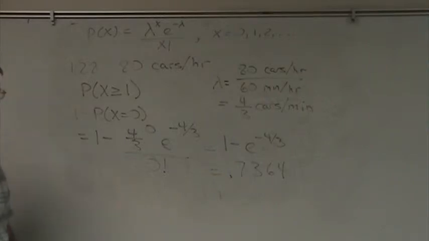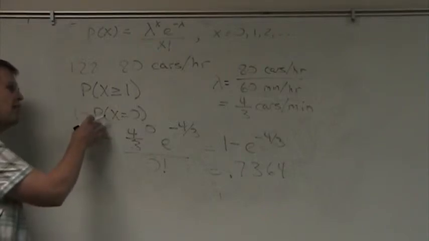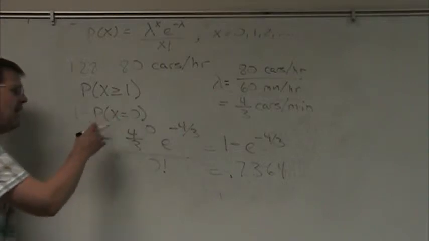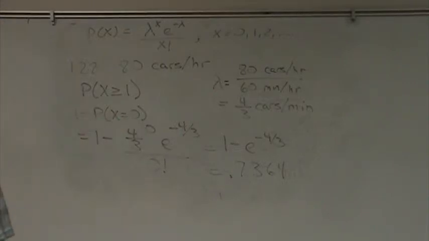You could use the Poisson PDF function to go ahead and get this. Again, for those of you with the 83s and 84s, it's still lambda and x. It's just the equal to case. For those of you with the 89s, you'd have to enter lambda and x.